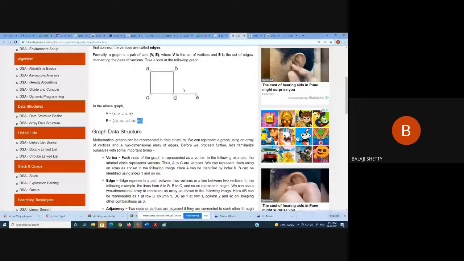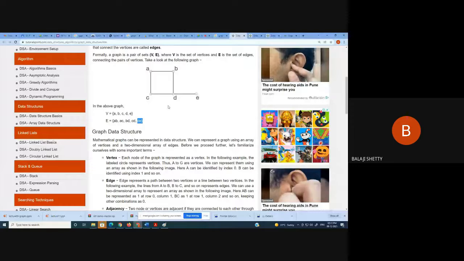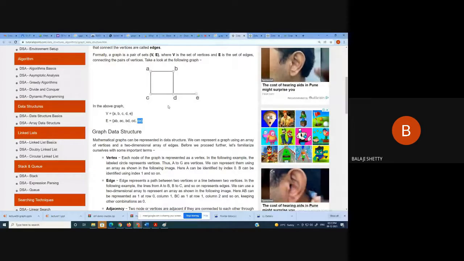Now you can name DE as ED, and you can name this path as AB or BA, because this is not a directional graph. This is a simple graph.